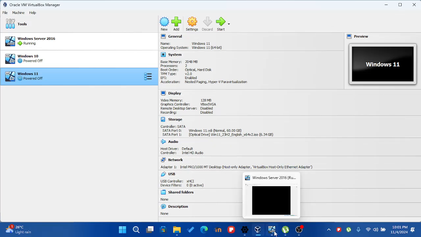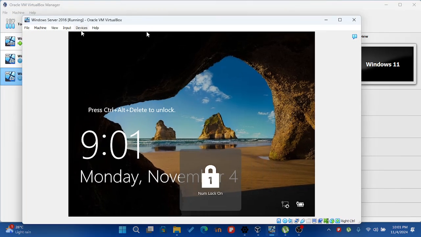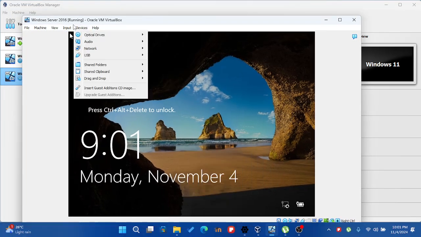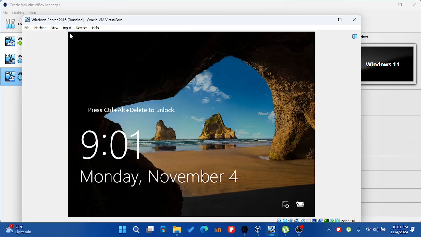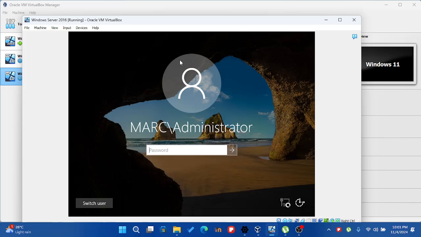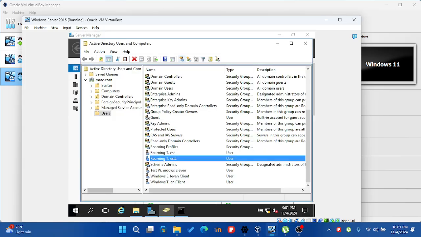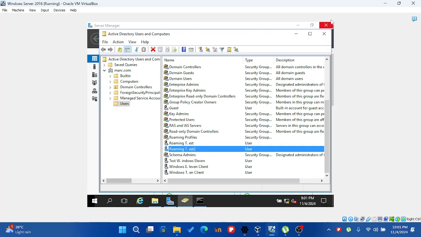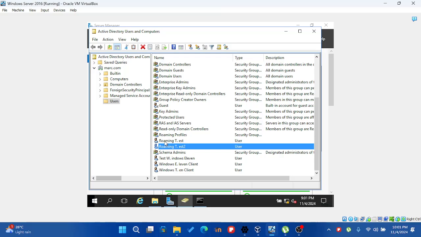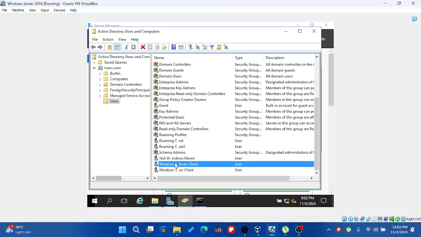So to begin, I'm going to start with my Windows server. I'm going to do step one basically, which is create a user profile for this demonstration. Right, so here we have good old ADUC, Active Directory Users and Computers. Here are my test profiles. These are my roaming profiles that I've already made. And these two here are local profiles. I won't be touching those. I'll be making a brand new one. All right, so